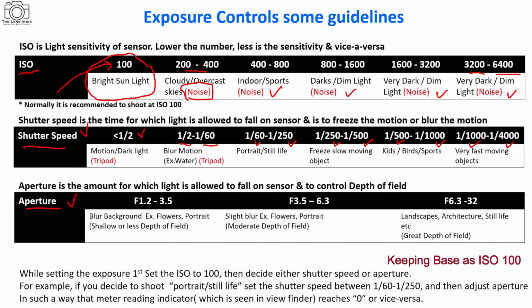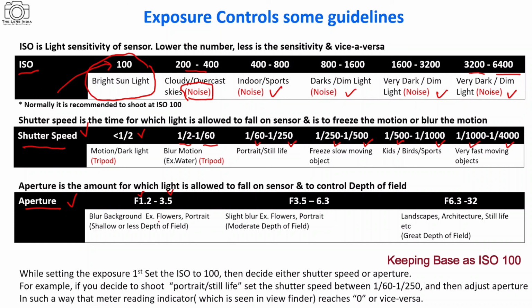Now, when we are talking about the aperture, we have seen that when the object is steady, we need to give priority first to the aperture. We have seen apertures which start with f1.4, but there are apertures available which start with 1.2. That depends on the lens make and model. Let's assume that any aperture ranging between f1.2 to 3.5 is the wide open aperture, where we want a bokeh effect, that is the foreground and background blur with respect to the subject, and want the subject only in the sharp zone. So we can select these apertures to blur the background.